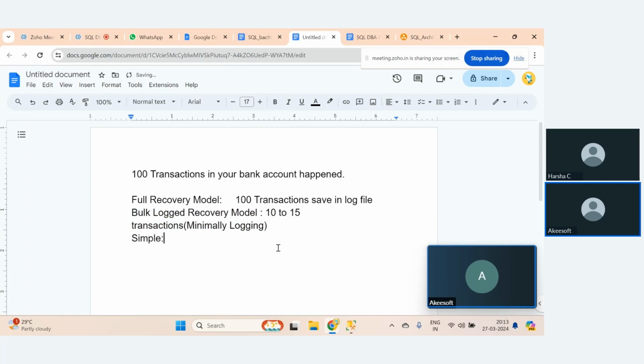So next is the simple recovery model. So what is the simple recovery model? Simple recovery